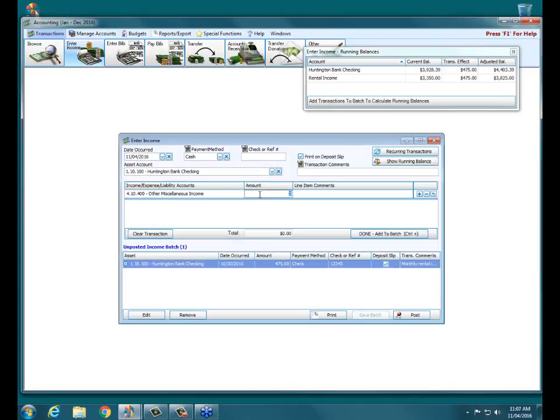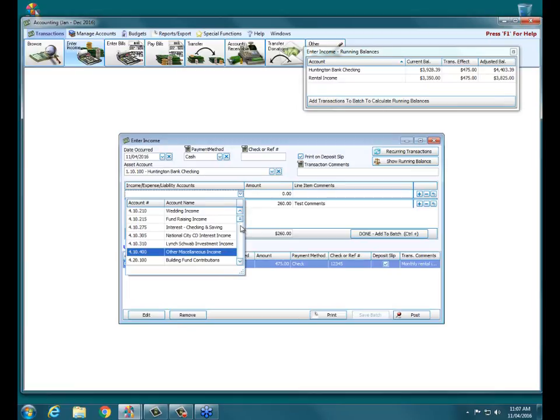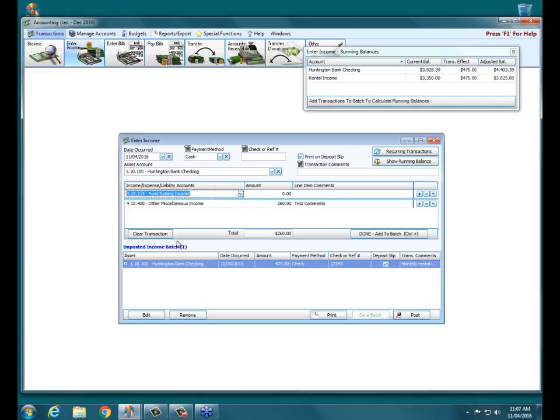And we're going to say we had a, well, I'm not sure what I would enter for. I could certainly enter comments here. We're going to do test comments. And then either I hit tab or I click the plus sign on the right end of the line. Then notice there's the empty account space above it. I simply choose whatever other income or expense account I'm wanting to credit for that. So let's say we're going to choose fundraising income. I think I saw one in there. We had a car wash, for example.